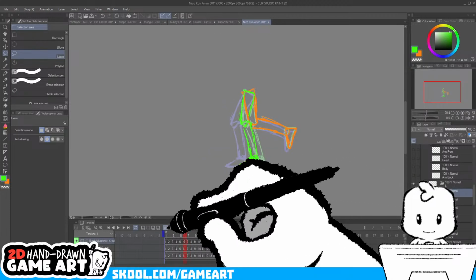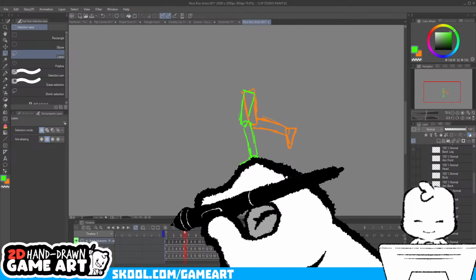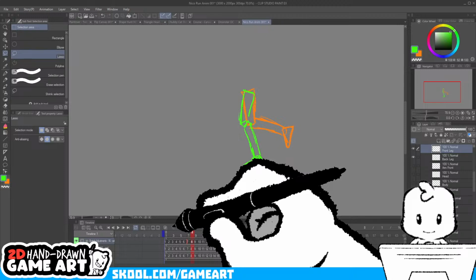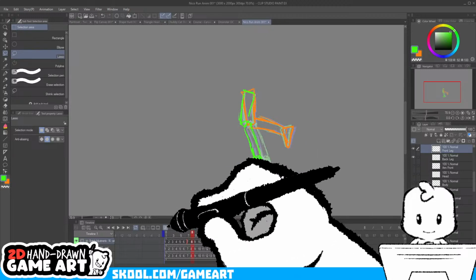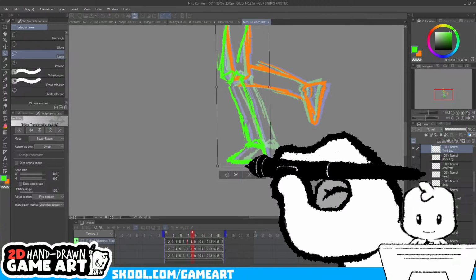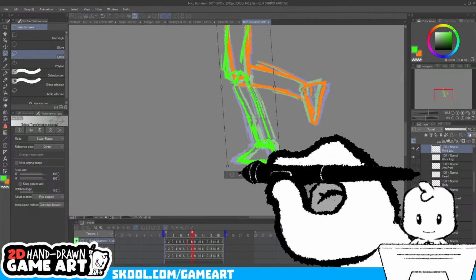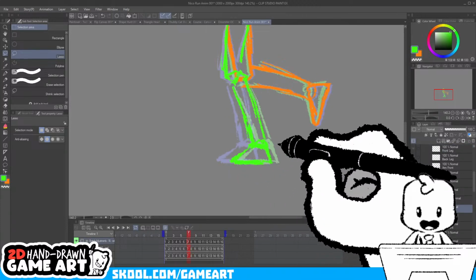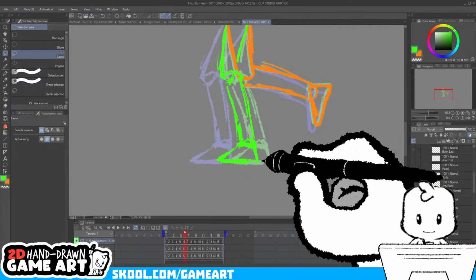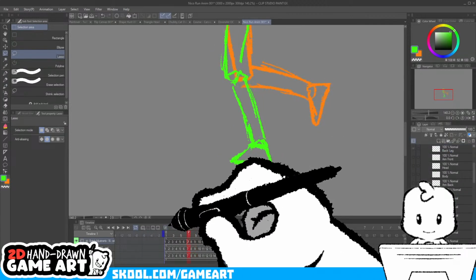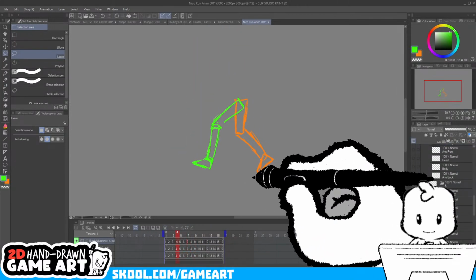And we have better jitter here. Blue is the frame behind, and this light green is the frame ahead. Okay. So that jitter should be gone.